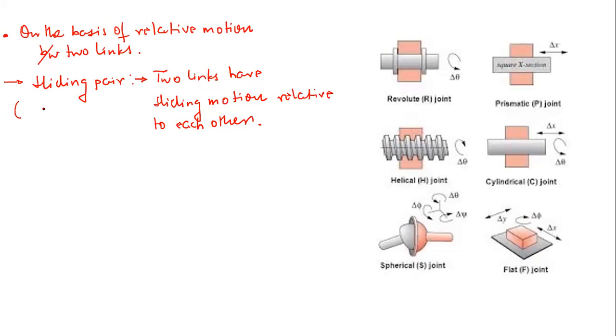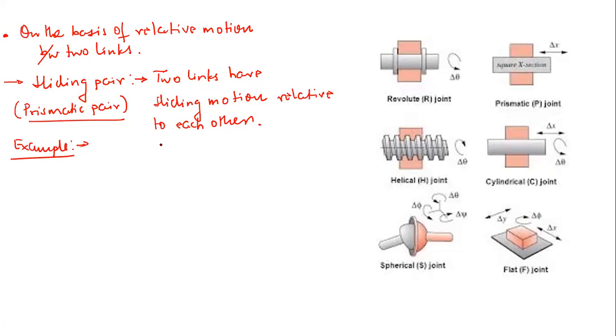Generally, we call this a sliding pair, or prismatic pair also. So just remember, we call this sliding pair by different names. One more is prismatic pair. A simple example for this is, let's say, if you consider